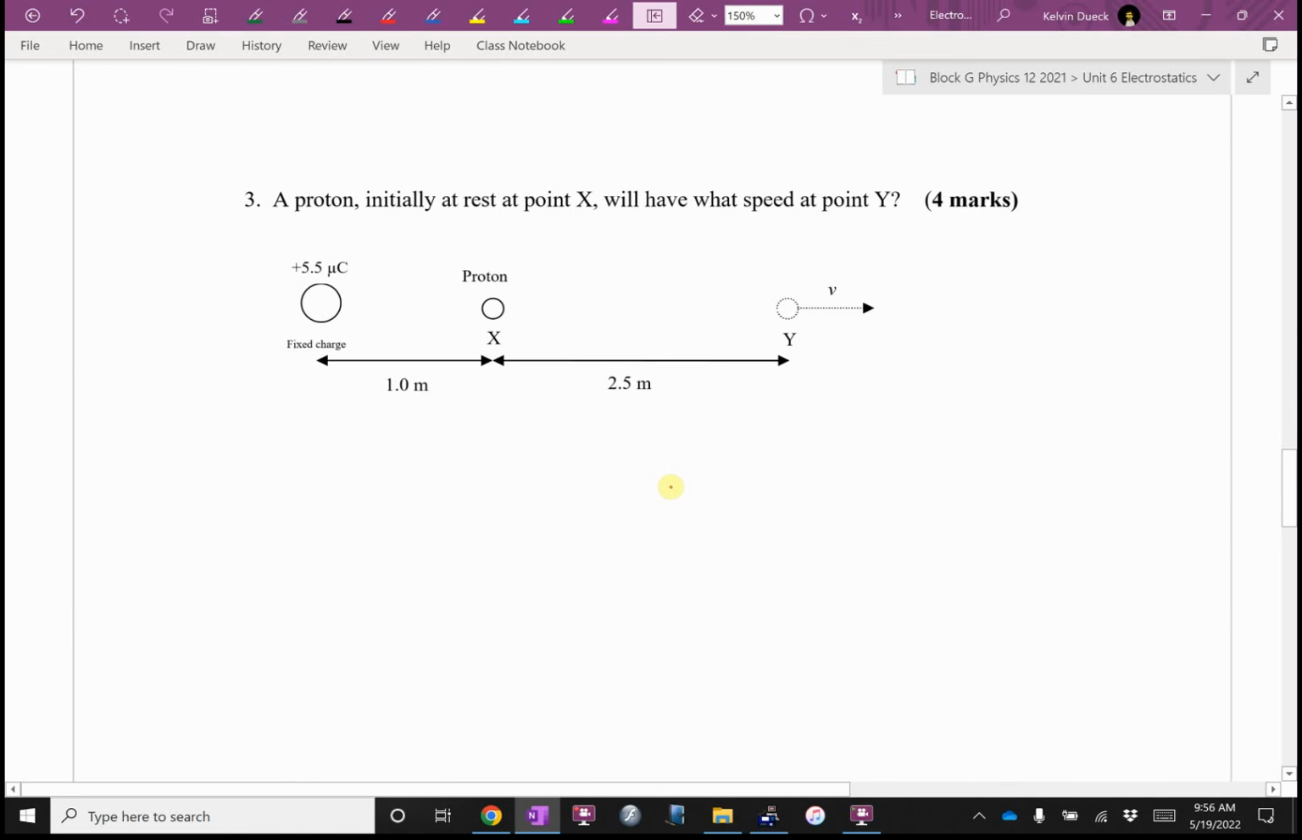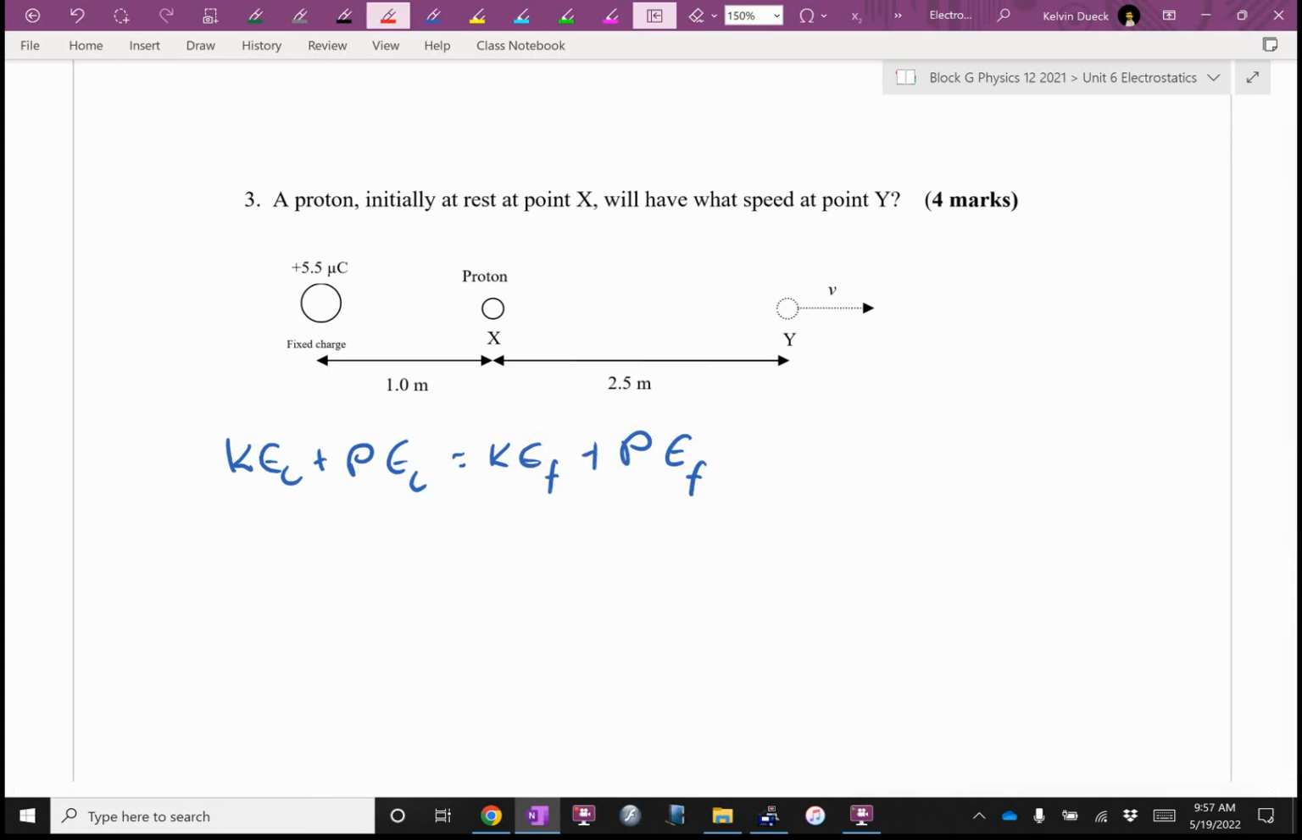Ooh. What do they want me to find in number 3? Did they say how much work? Oh, you know what? This is like falling. This is like conservation of energy. We're falling up, but that's okay. So I'm going to start out by going KE initial plus PE initial equals KE final plus PE final. We're starting at rest, but you know what? Our energies are potential and final. None of those are 0. So it's going to be